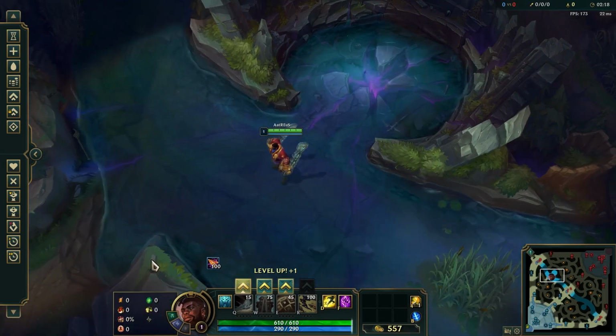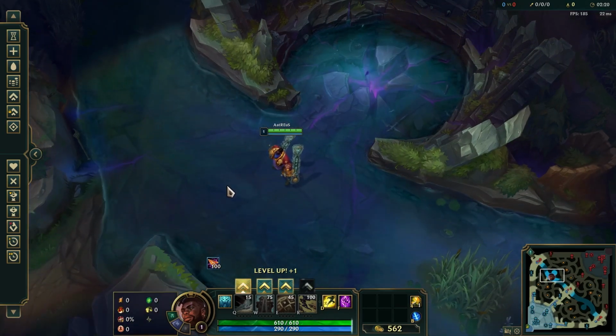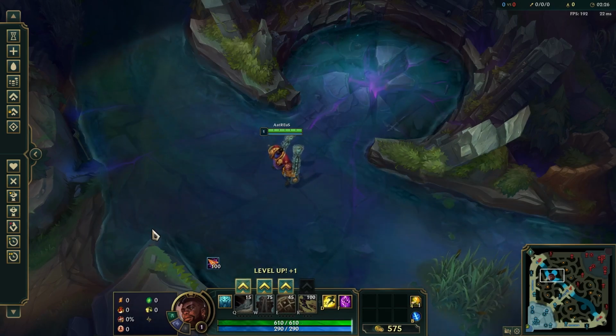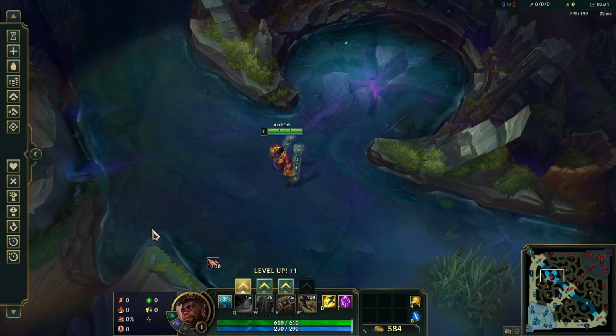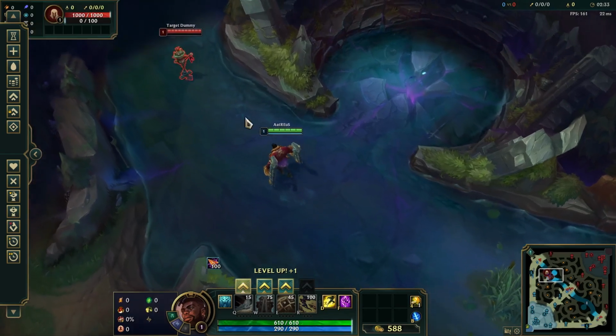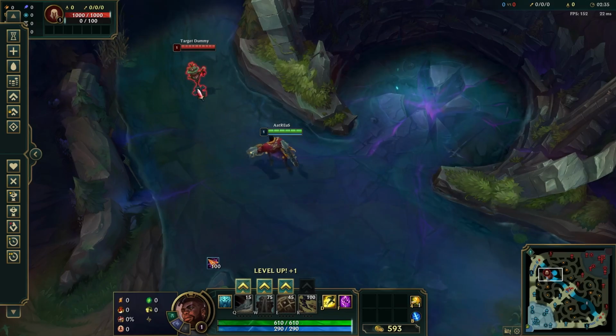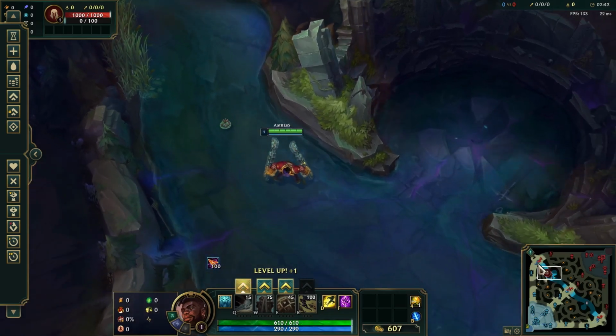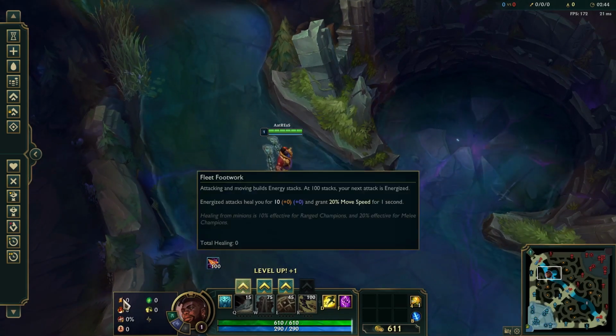So, Fleet Footwork. Usually people take this into poke-heavy matchups to sustain a little bit more from the little heal and movement speed. But I think it's pretty much the same as Grasp in poke matchups, because if your laner is hitting you, you won't really be able to hit them, since you have to walk up to them and then they're going to hit you. It's not going to work. And if you read it, it actually says 20% effective for melee champions from healing from